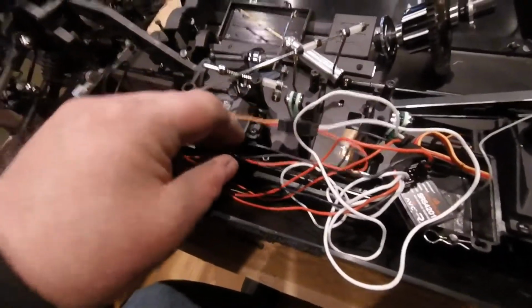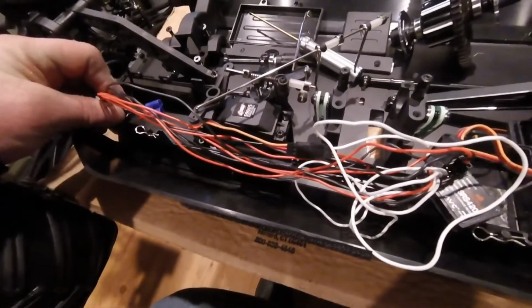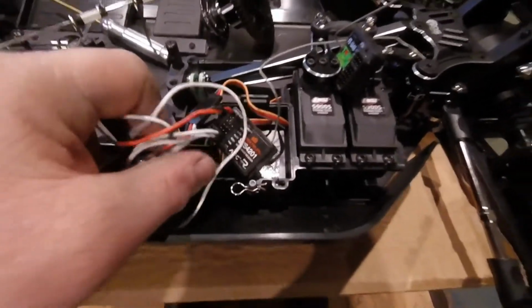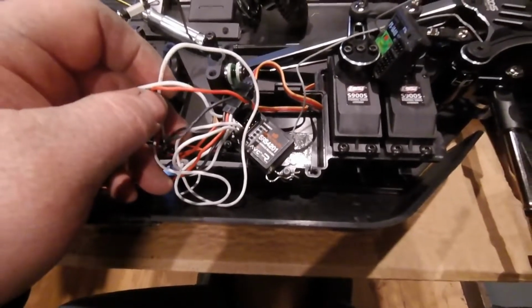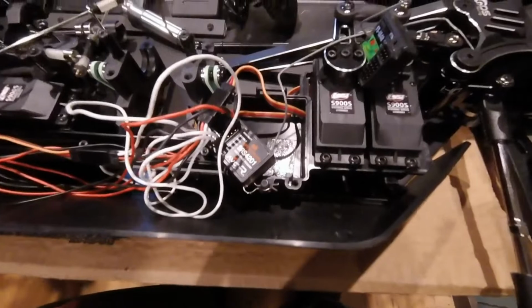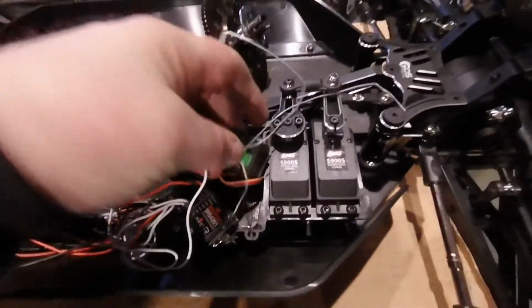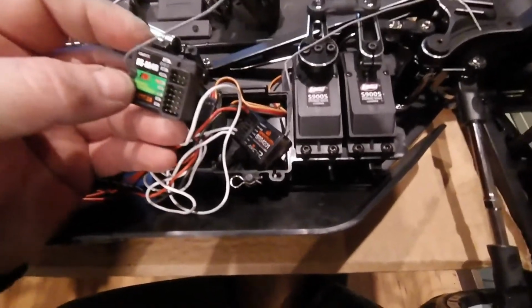The power that the servos are getting is directly from the battery only, not from the receiver. So that probably puts less strain on the receiver here. It just looks weird to me. Maybe this is a new way of doing things so the servos will get enough power. But like I said, it's quite different. So what I want to do today is put my FLYSKY receiver in, install it the same way as the wiring here, and put it back in,